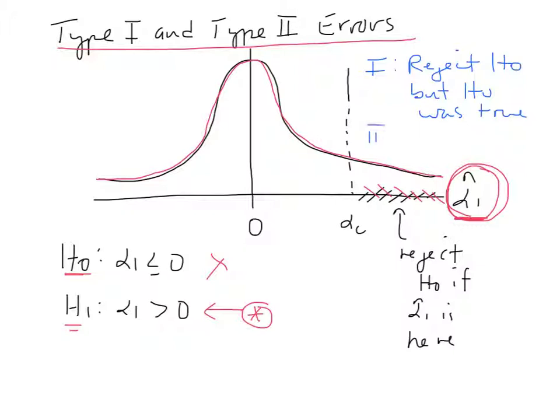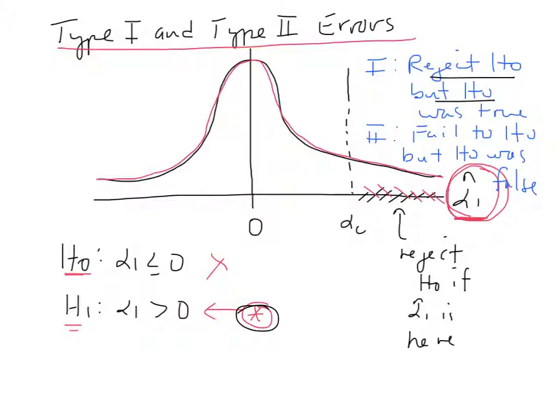A type 2 error was when we fail to reject H0, but H0 was false. Okay? H0 is either true or false, right? We don't know, but we're going to use some evidence and we're going to make an inference about whether it's true or false. And in making that inference, okay, we could reject H0 in favor of our pet theory, okay,